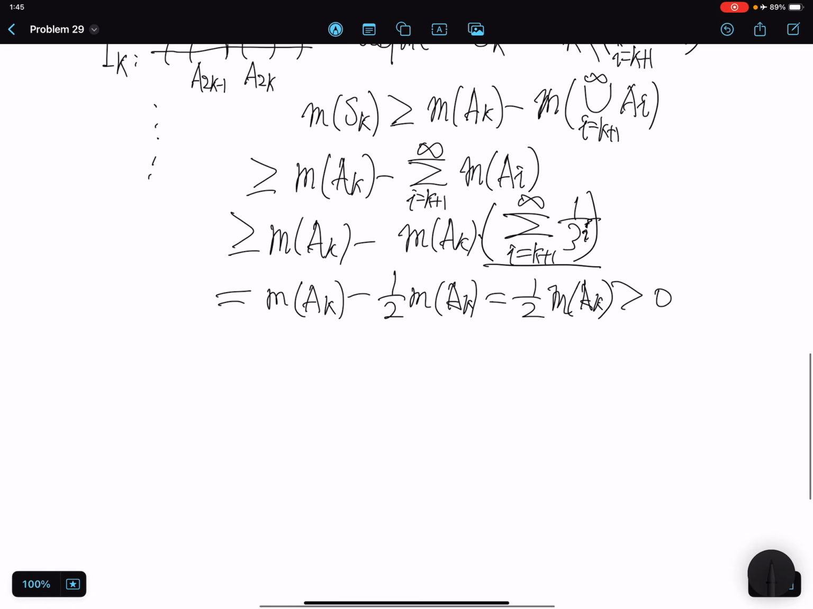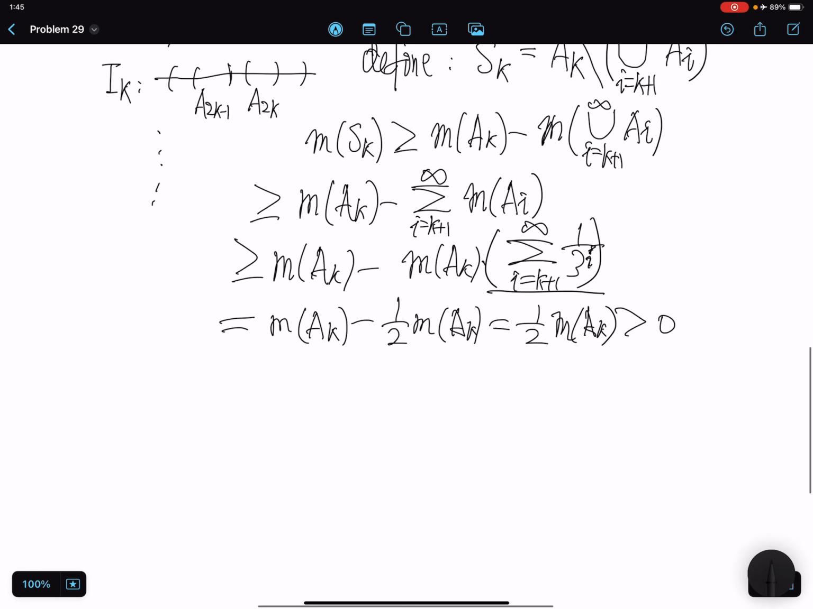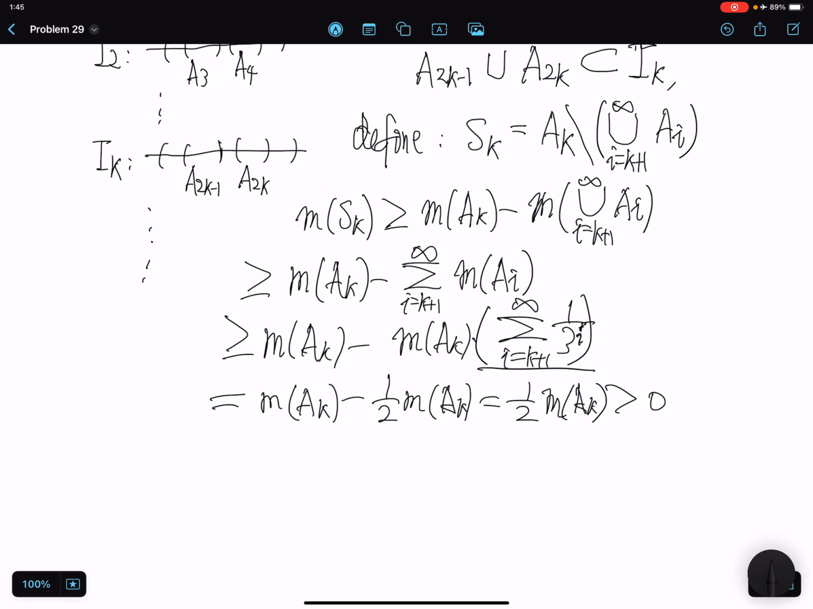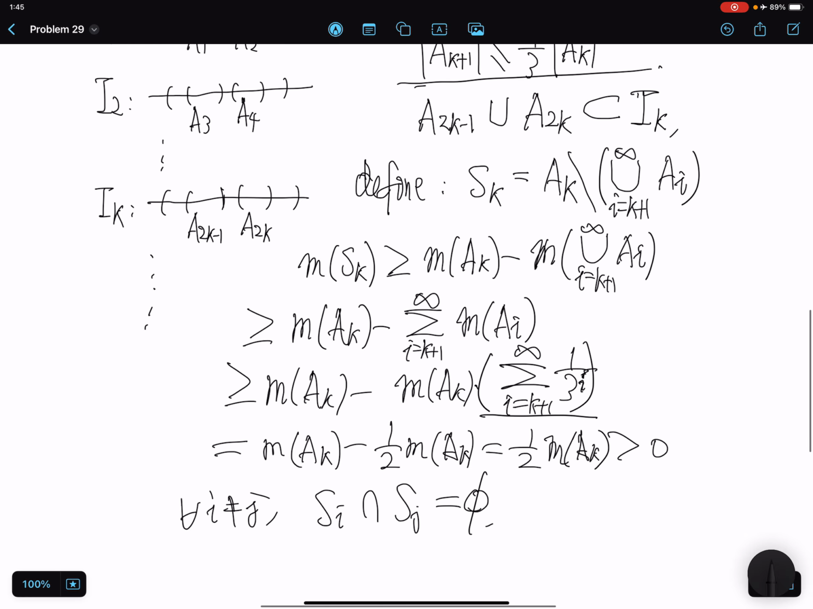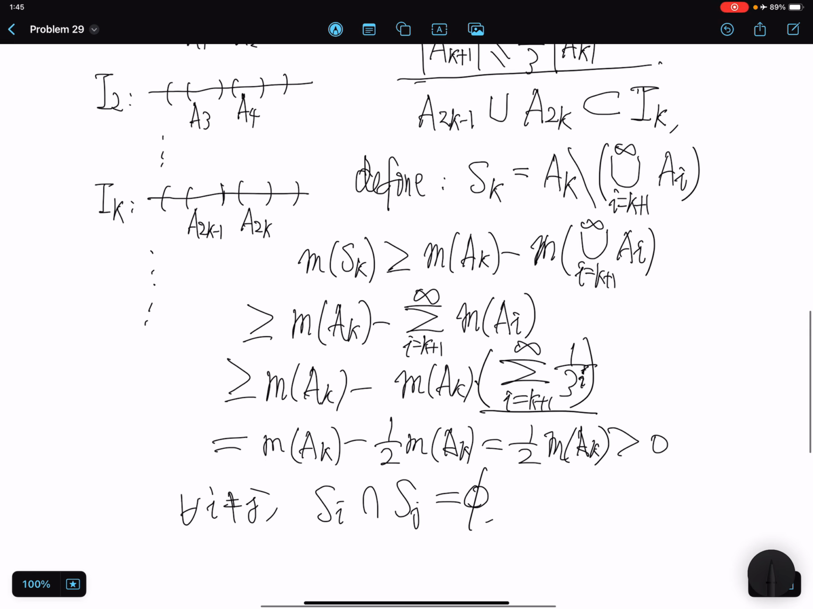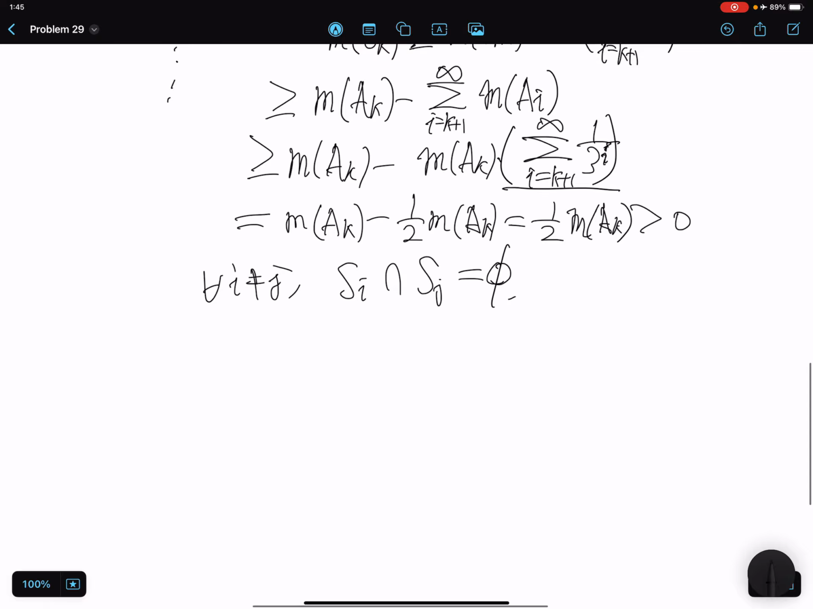We also notice that S sub k is A sub k minus this. So for any I not equal to j, S sub I and S sub j are disjoint, right? Because one of them appears in this sum, it will be removed, basically. And now also, for any k, we also know this union